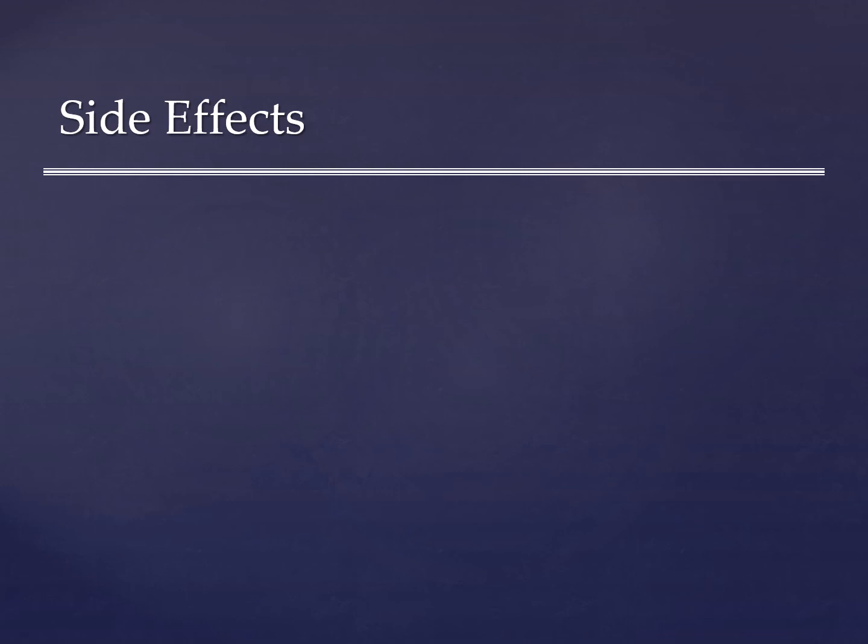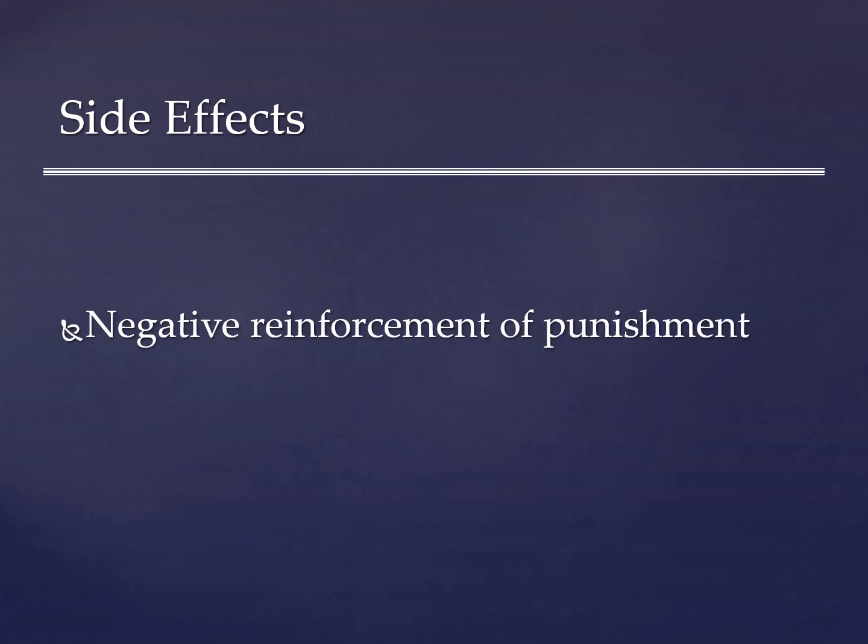The last topic of this module is the potential side effects of punishment. We're going to focus on just a few here as they pertain very directly to how you should plan your punishment intervention. First, the behavior of people using punishment is often negatively reinforced. Punishment quickly gets rid of behavior that they want to eliminate, so they're likely to use punishment again in the future. Why might this be a problem?